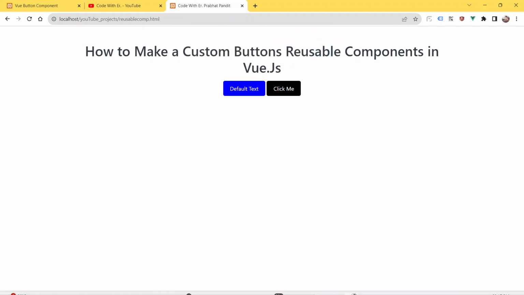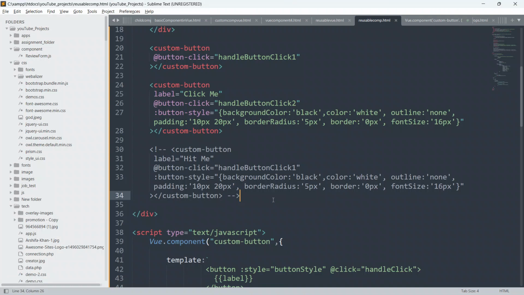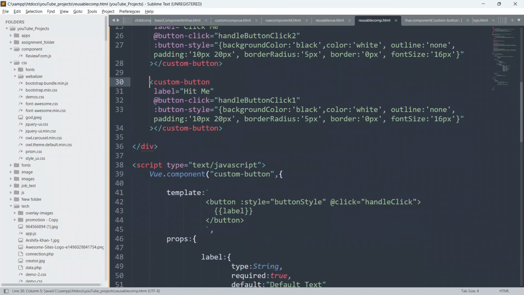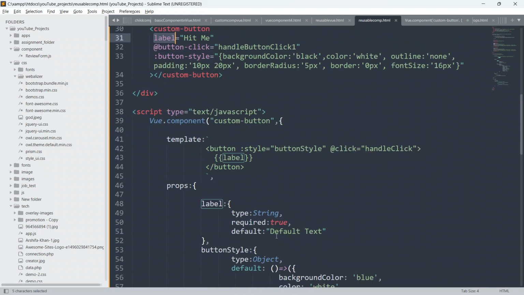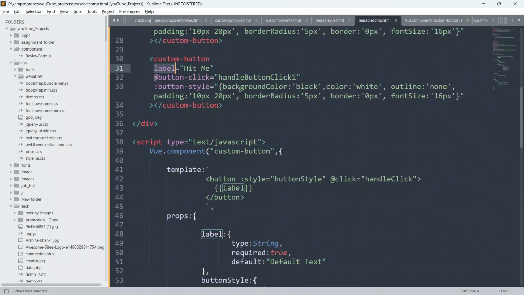So click OK, go to the code now and uncomment this, and here inside this custom button child component, we are defining the custom label. So the label is hit me, but the default label is default text. So we will define the button click method also here, and we will say button click, handleButtonClick3.